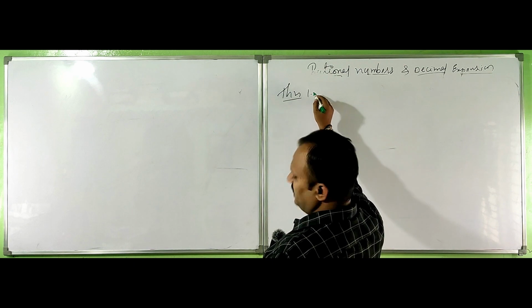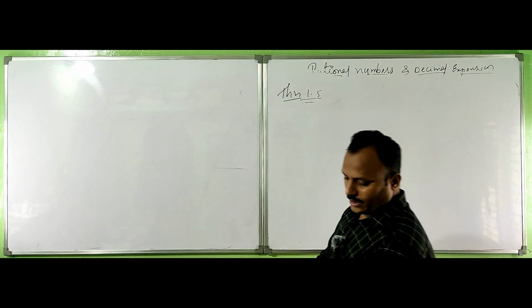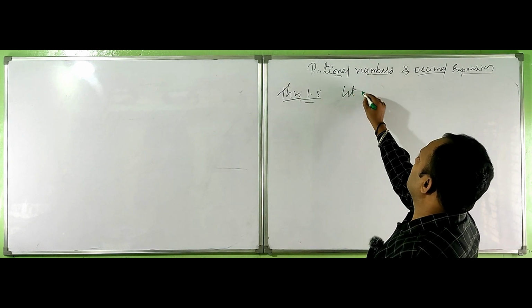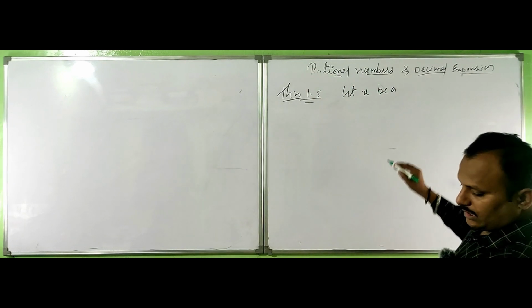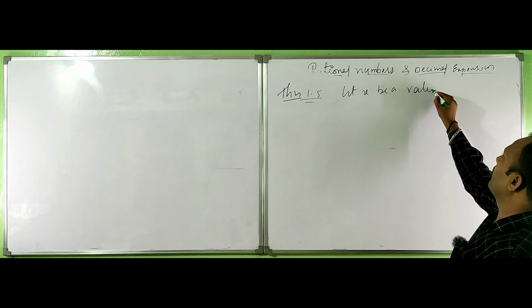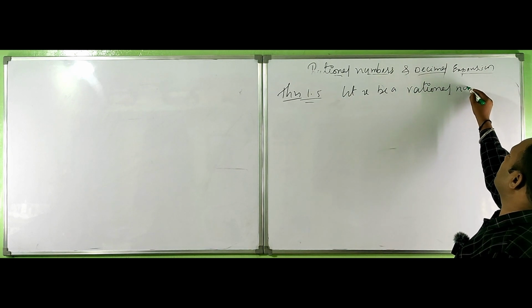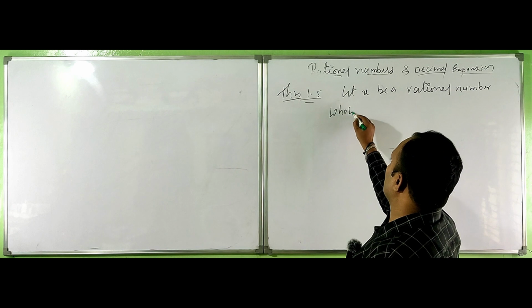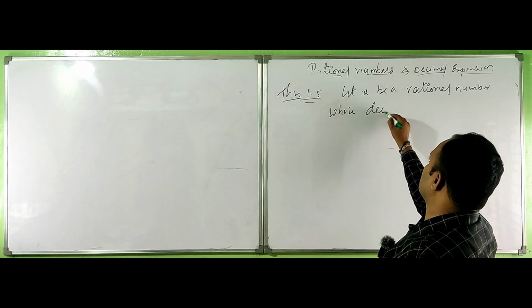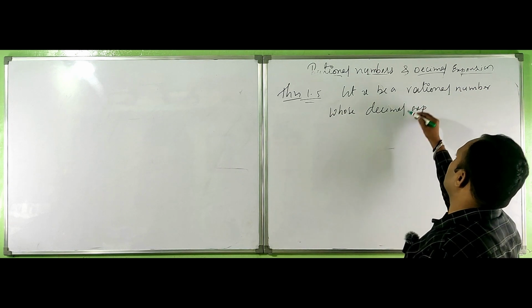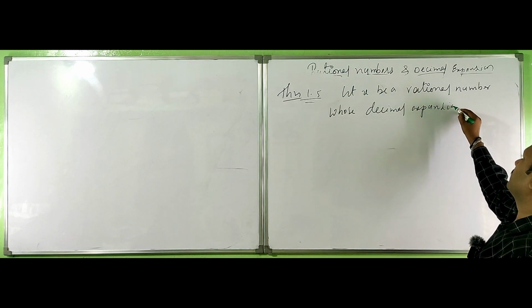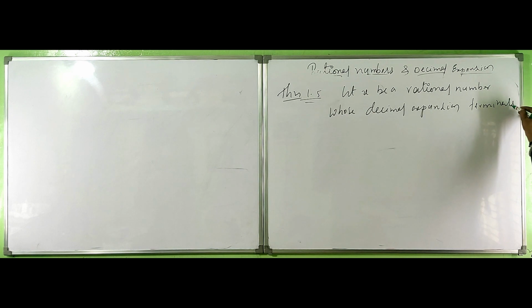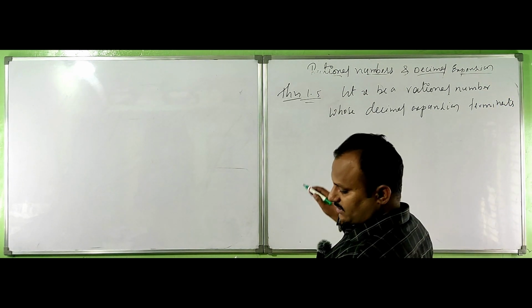Theorem 1.5. Let x be a rational number whose decimal expansion terminates. Then x can be expressed